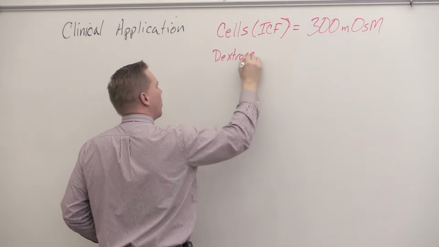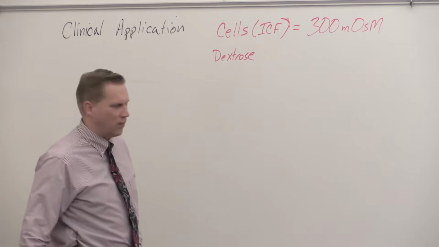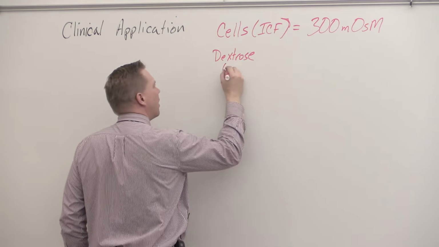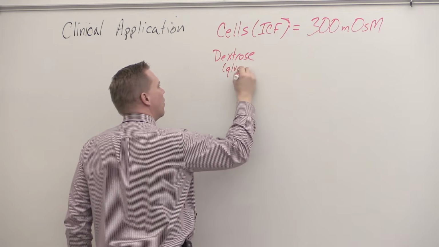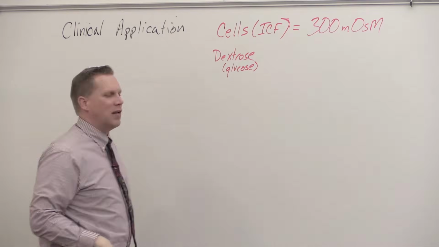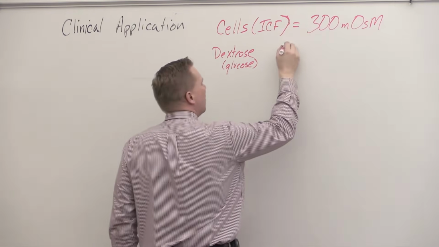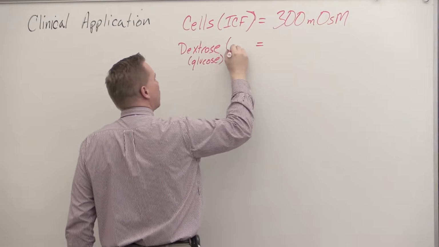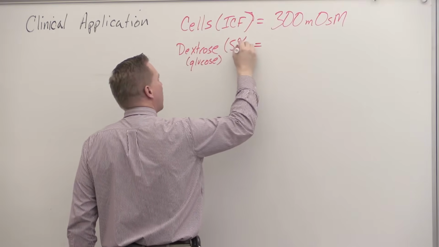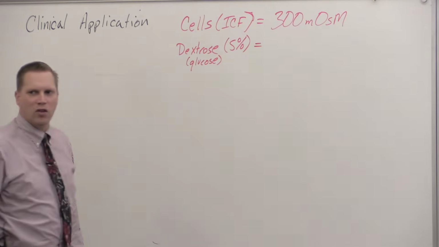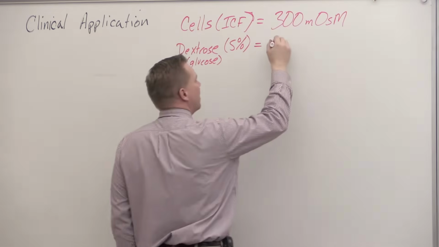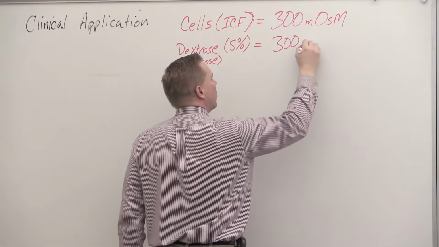One common solute is called dextrose. Dextrose is the medical term that we use for glucose. So you already know what dextrose is. We've been talking about it all class long. And it turns out that if you prepare what we call a 5% solution of dextrose, then that also equals 300